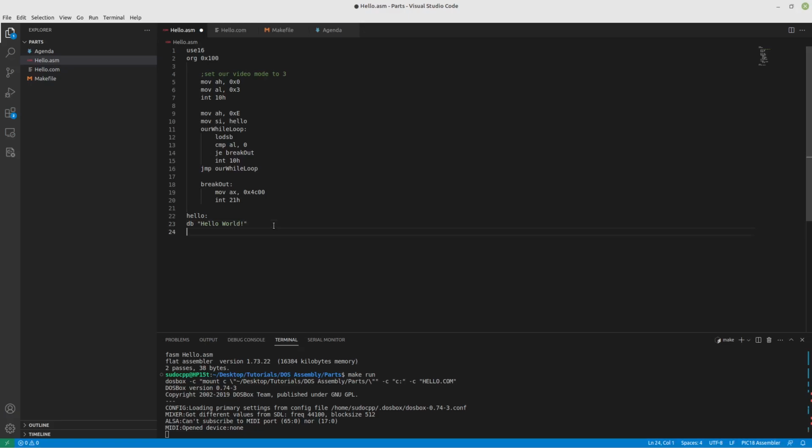And what we'll do is we're going to create another label. We'll call it hello length. And what we're going to do is we're going to store the value. $ means our current address in memory. So let's see, this was 38 bytes long last time we ran it. We got rid of the 0, so I guess 37 bytes. So this will say